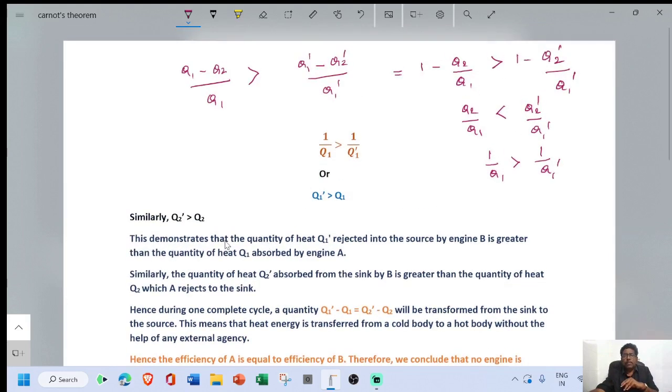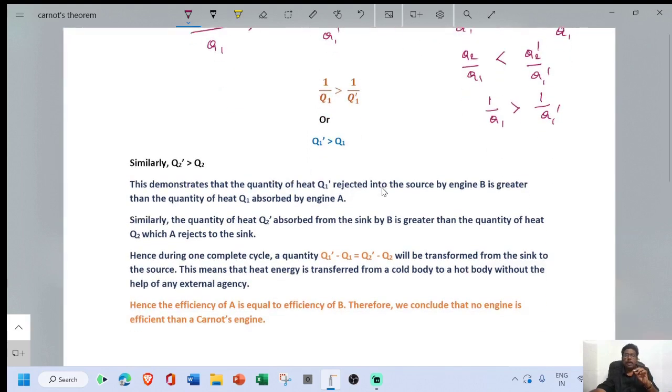It should be clear. The engine A absorbs Q1 quantity of heat energy from the source, whereas the engine B rejects Q1 dash amount of heat energy to the source. If A is more efficient than B, we have reached a condition at which the amount of heat energy rejected to the source is greater than the amount of heat energy taken from the source. At the same time,